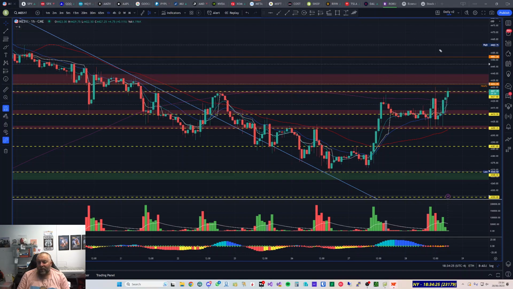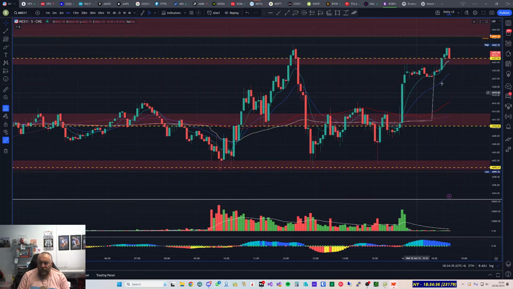Again, it was a scalp short because it was still quite close to the opening candle around here. So going back to the 5-minute time frame, and it's on the 5-minute that I took the trade.